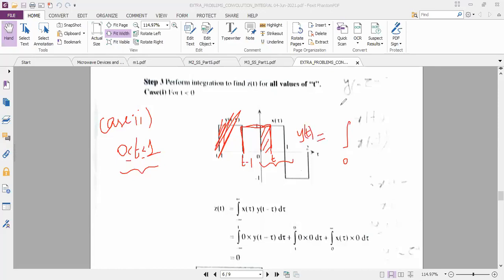So can I write y of t is equal to the integral from 0 to t of x of tau, and x of tau amplitude is 1 only. And y of t minus tau amplitude is also 1 only, into d tau. Ma'am, it is now z of t. Correct, very good. Because y of t is given in the question, so always you follow a different variable. So z of t is equal to, so your formula is like this: z of t is equal to the integral of x of tau into y of t minus tau.